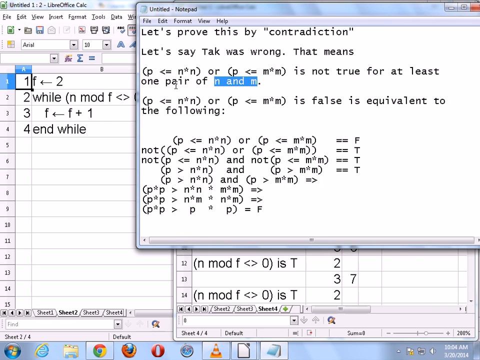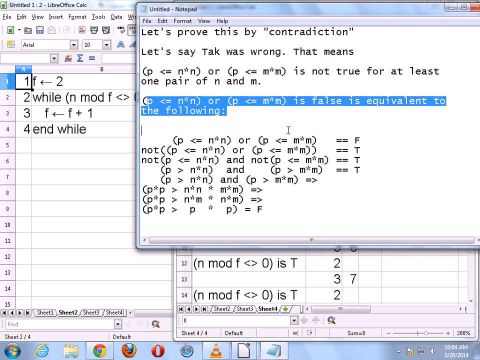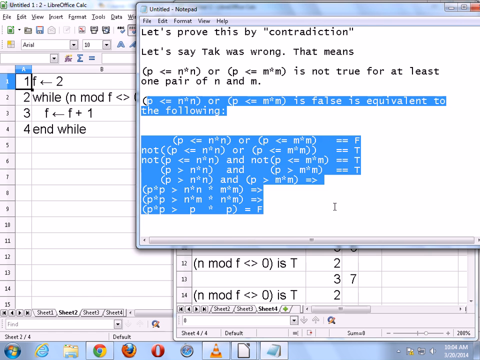And then from that claim, I proceed to use just Boolean algebra and normal algebra to come to the contradiction. So that means the negated version of my claim cannot be true. But that also means the original version of my claim has to be true, because the negation cannot be true means the original has to be true. So that's how I proved the original claim to be true.